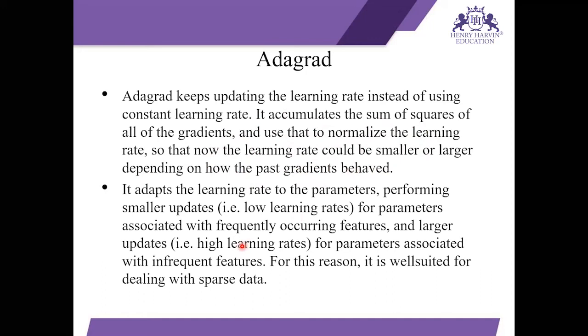That is very nice, right? So it adapts the learning rate to the parameters, performing smaller updates for parameters associated with frequently occurring features and larger updates for parameters associated with infrequent features. So that is why it is well suited for dealing with sparse data. For a sparse feature input, where most of the values are 0, we can afford a higher learning rate, which will boost the dying gradient resulting from these sparse features. If we have dense data, then we can have a slower learning rate.